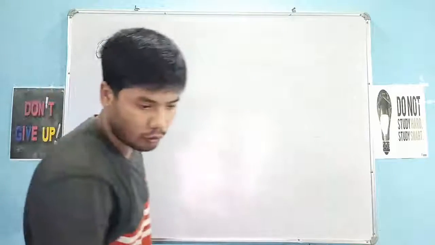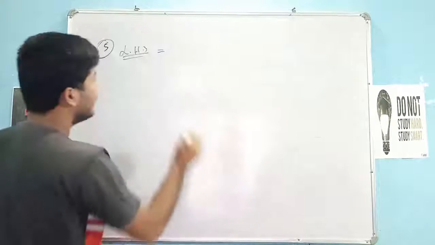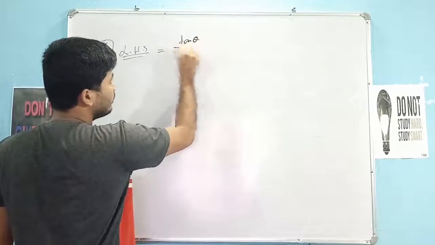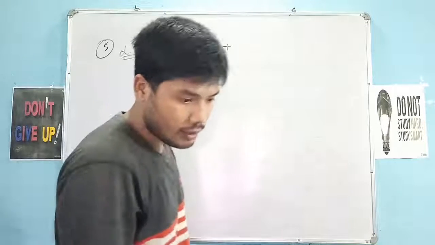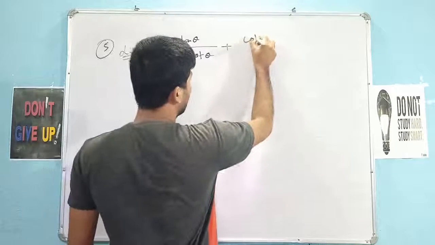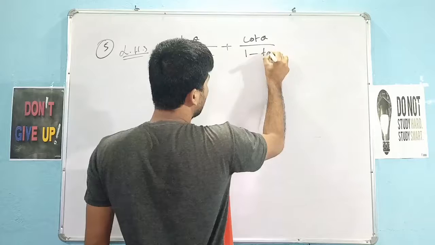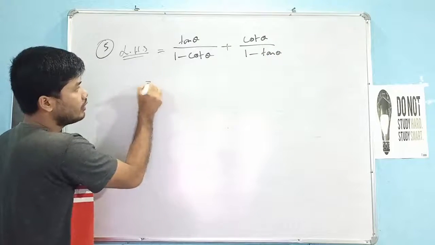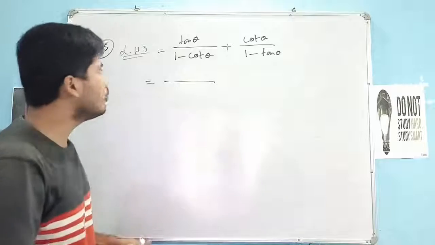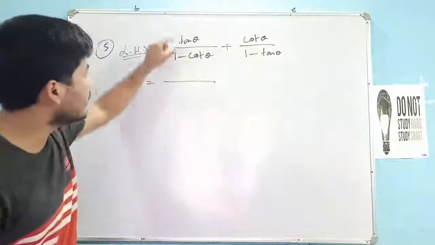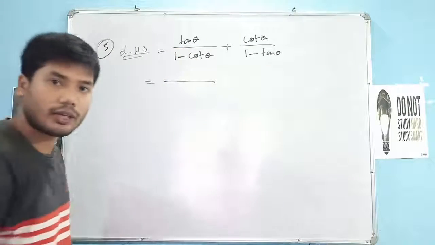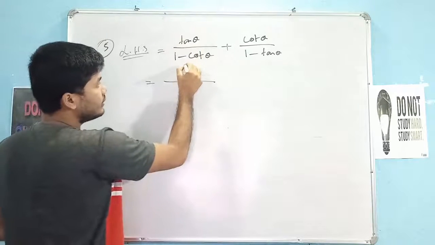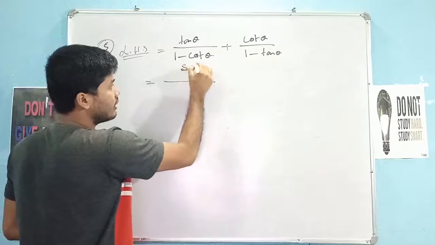Okay, first, I wrote the left hand side given on the board, and you write it down too: tan theta by 1 minus cot theta, tan theta, not A, theta, plus cot theta by 1 minus tan theta. Awesome. Okay, now what we will do, the hint is given here that you have to change tan theta in terms of sin theta and cos theta. You can change cot theta in terms of sin theta and cos theta as well. Well, we can do it. Okay, let's do it. So tan theta is sin theta by cos theta.